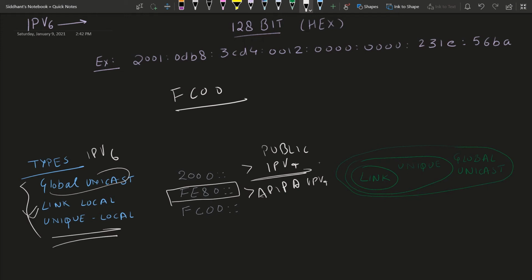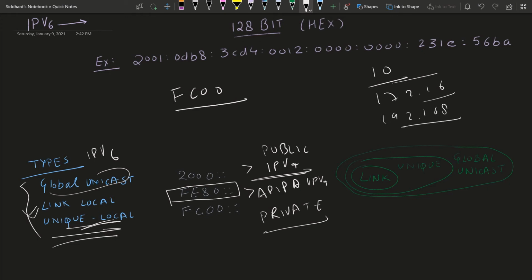You can compare these unique local addresses with the private IP ranges we had in IPv4: the 10 range, the 172.16 range, and 192.168. Those ranges in IPv4 were private IP addresses, and unique local addresses in IPv6 are kind of private IP addresses. These are also not routable.